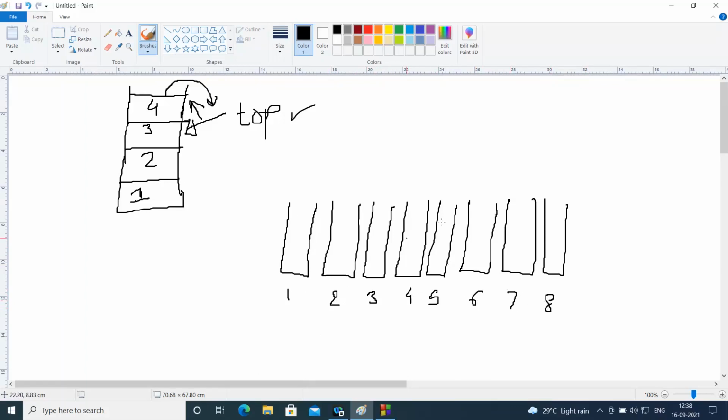So we can represent 8 stages. What will be the state of the stack after a particular operation? Let's write down the operations. I will call the first operation insert. Let's say I want to insert